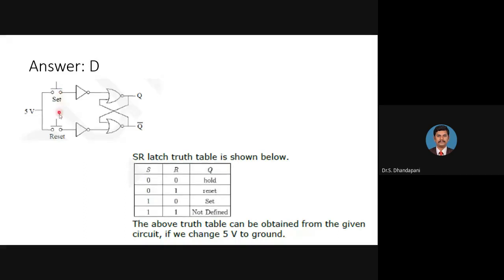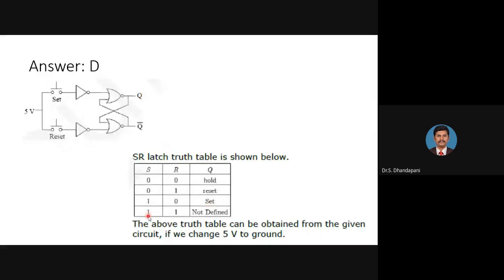When reset equals 1, the switch is closed. If we follow the output of this inverter, S equals 0, R equals 1 is reset, Q will become 0. When S equals 1, R equals 0, Q will become set.